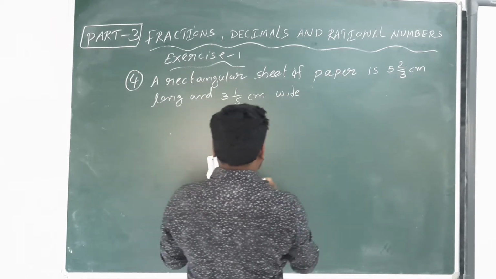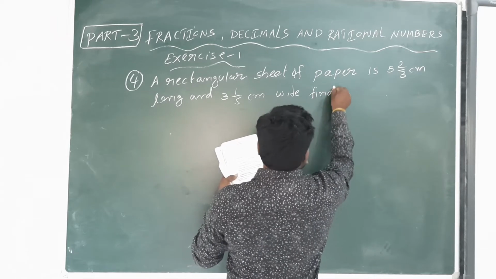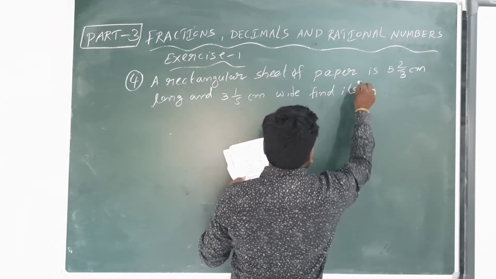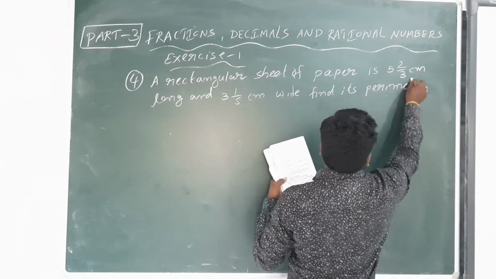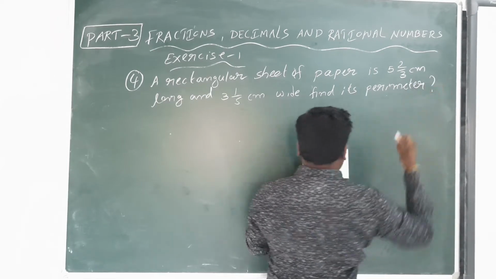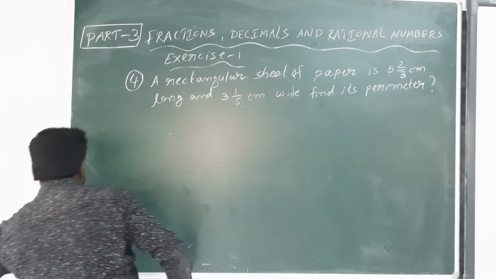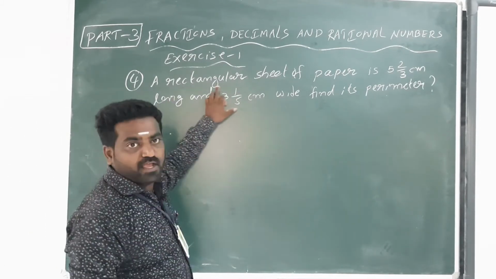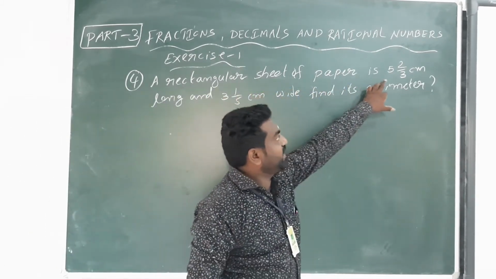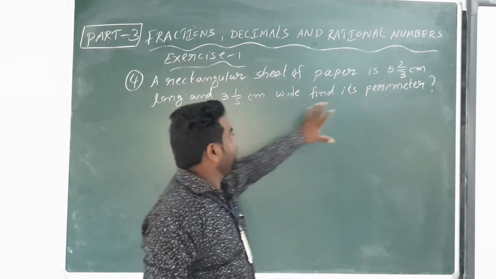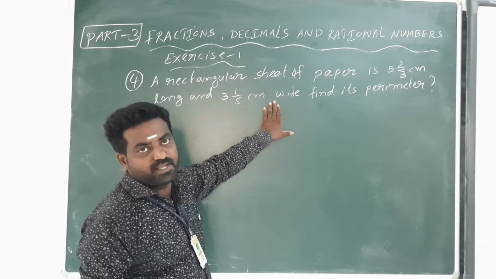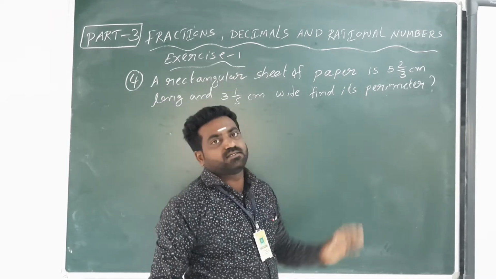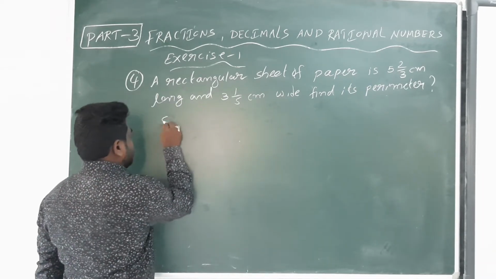Wide means breadth. Find its perimeter. Solution: